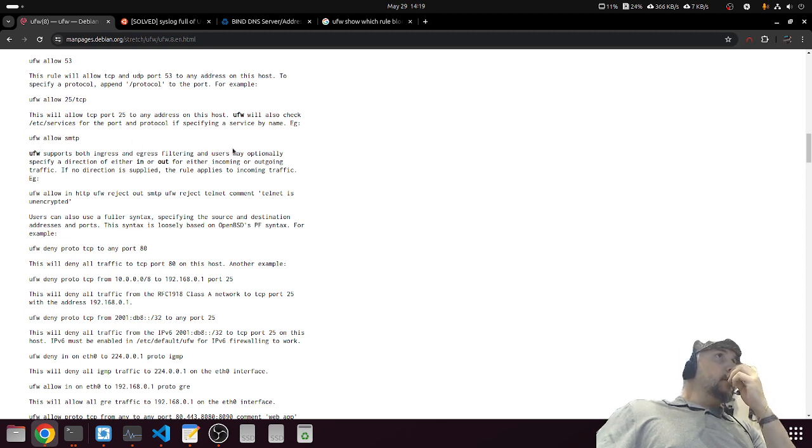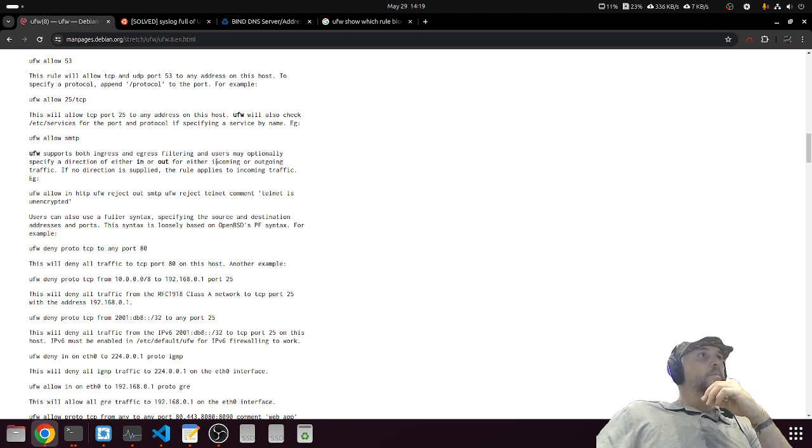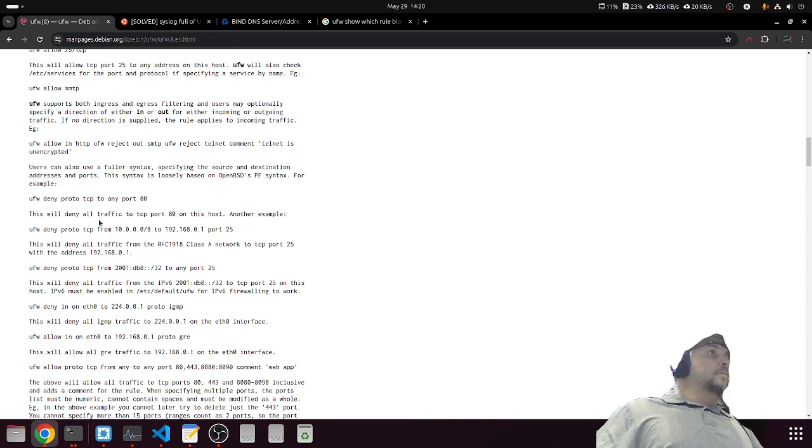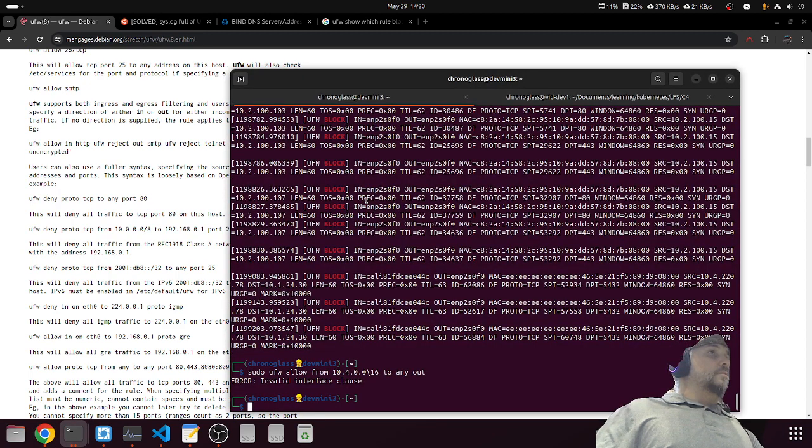Both ingress and egress filtering, and users may optionally specify a direction of either in or out for either incoming or outgoing traffic. If no direction is applied, it only applies to incoming. So again, UFW allow from, oh, the slash is backwards. Allow all traffic